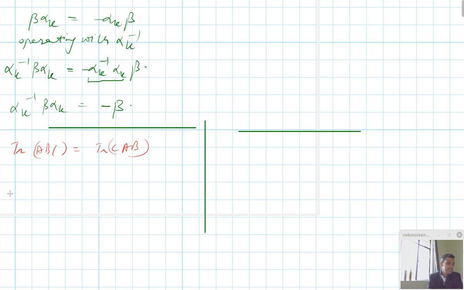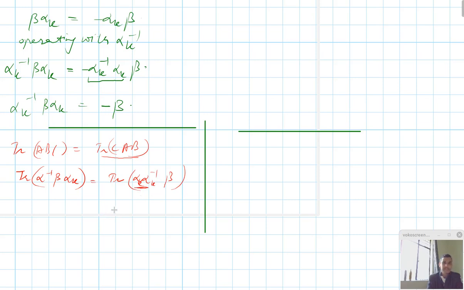That means let me take the trace of alpha k inverse beta alpha k, and if I use this property, then this can be written as trace of alpha k alpha k inverse and beta, and this will become identity